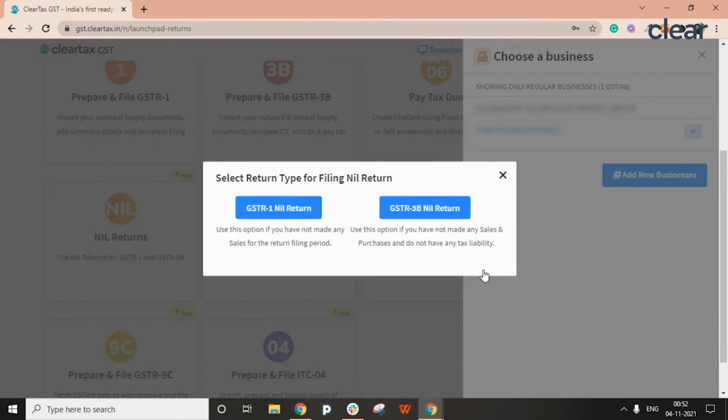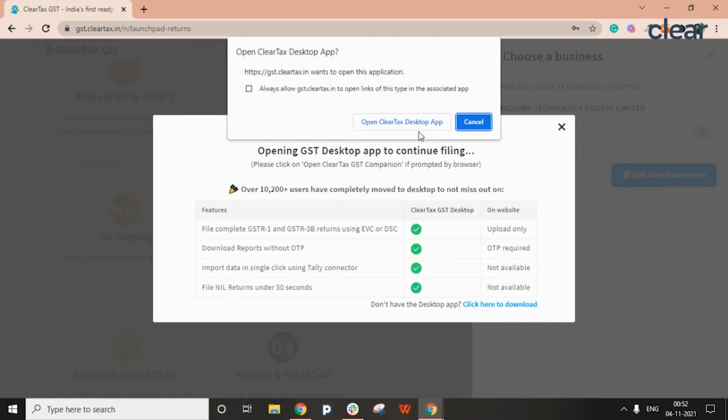Now you get two options, GSTR 1 nil return, GSTR 3B nil return. This time I'm clicking on GSTR 3B nil return. Just like how I showed GSTR 1 nil return filing, now also you will get a message asking you to open ClearTax desktop app. Click on this.